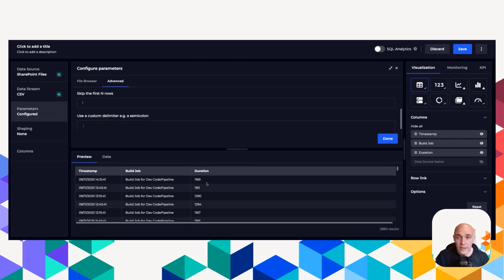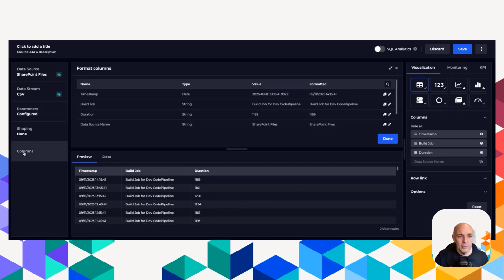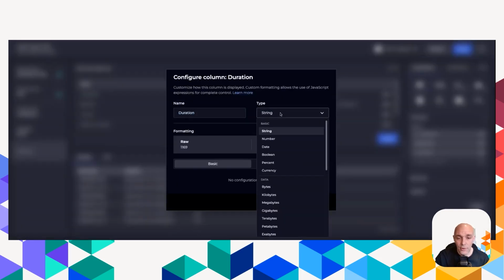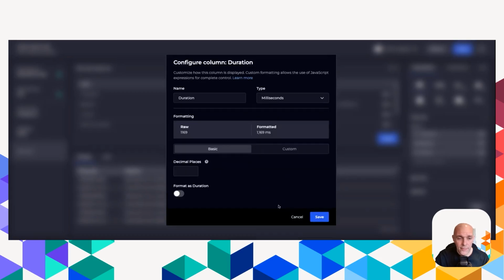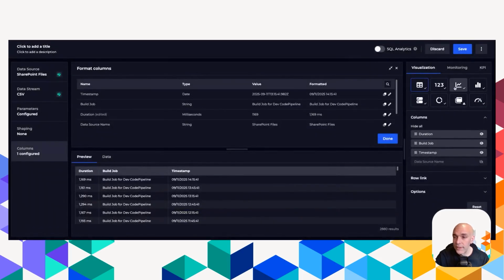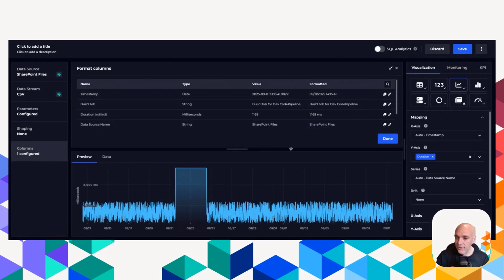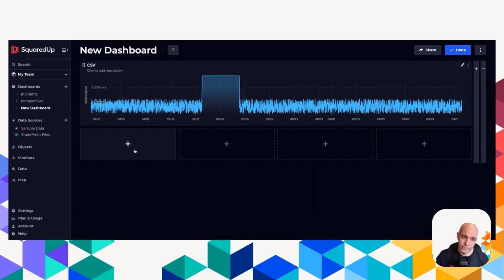There's my data there. Now, if I wanted to use, let's say, a line graph, I have a duration column. Let's assume these are all milliseconds for my build pipeline runs. The data stream isn't able to pick up that the data here is actually a number. It thinks it's just text. So let's just quickly modify that, and we will choose the existing shape for milliseconds. I'll leave it on no decimal places and hit save, and we can now use our line graph. Great. So that's the data coming straight out of the CSV file